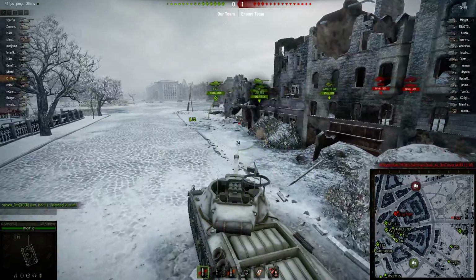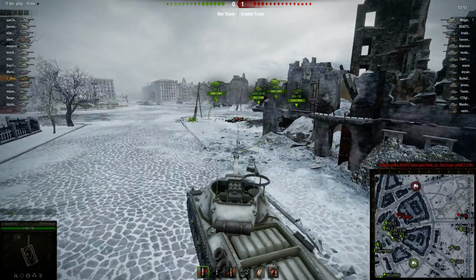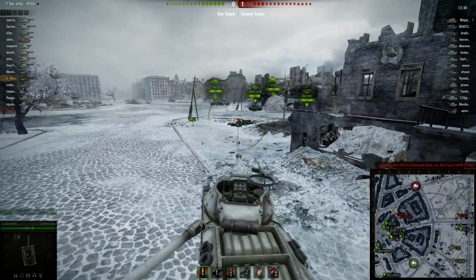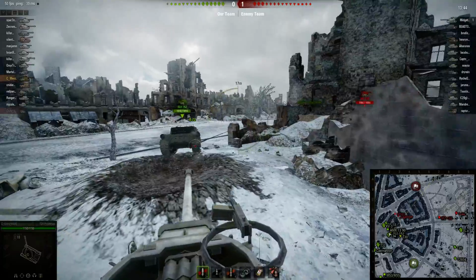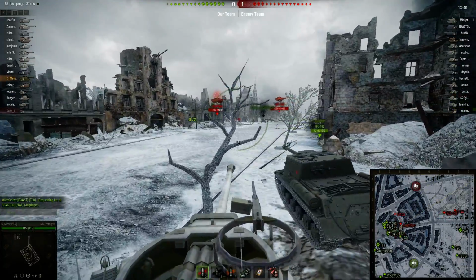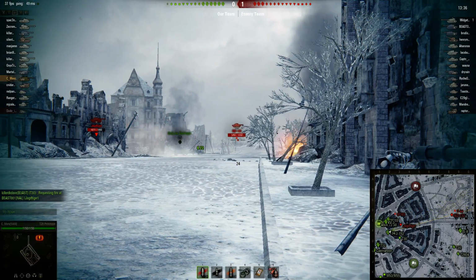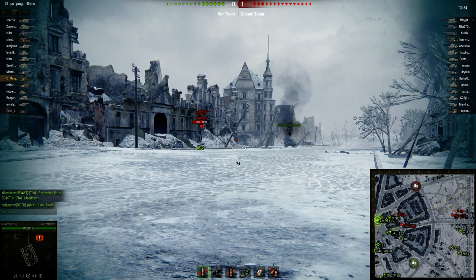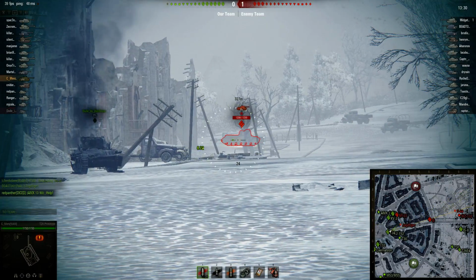So I'm hoping that those tier 9s keep pushing down there, which it looks like that Jaeger Tiger is. That way we have that T30 directly in front of them. He should be safe as long as he doesn't push out stupidly. But we should have a pretty good shot on this Jaeger Tiger. He just needs to keep... Never mind, he's smart enough not to continue to push up. But...